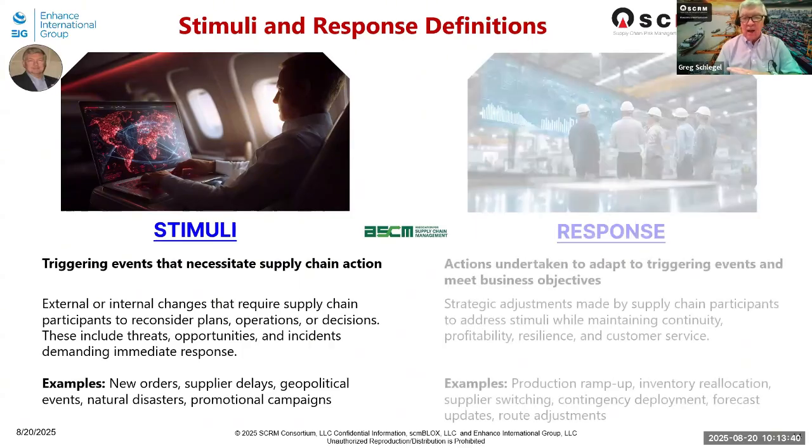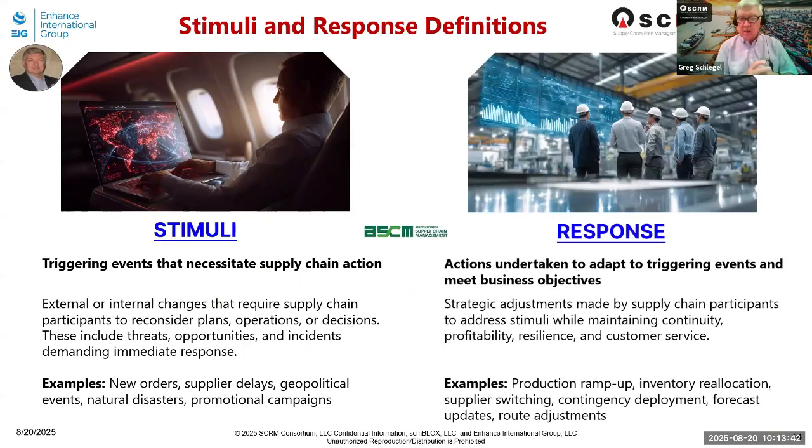On the right-hand side are the response definitions: actions undertaken to adapt to triggering events and meet business objectives. Again, from a supply chain point of view, on the bottom, examples can be the ability for production ramp up, inventory reallocation, supplier switching, maybe contingency deployment, forecast updates, route adjustments, and now reciprocal tariffs. So with that in mind, to get you grounded,